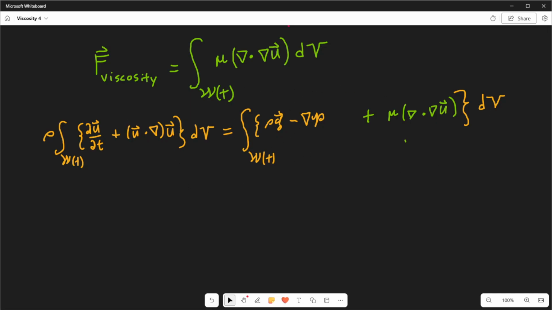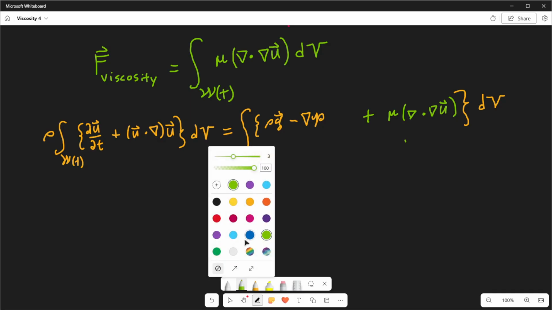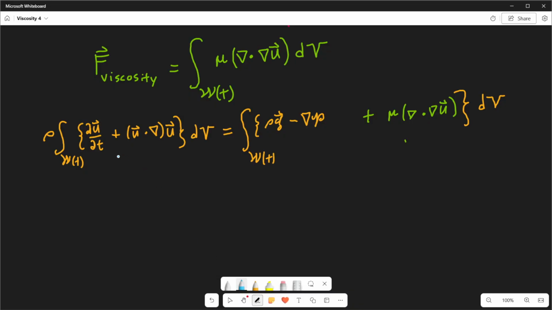So writing this out yet again. So just take the rho, the time derivative of the velocity field